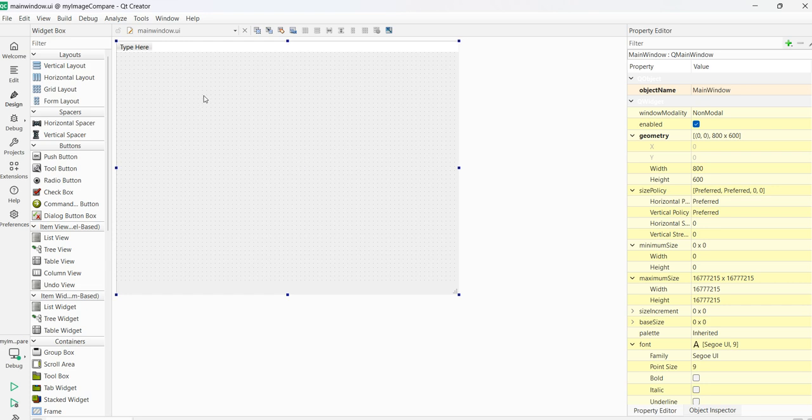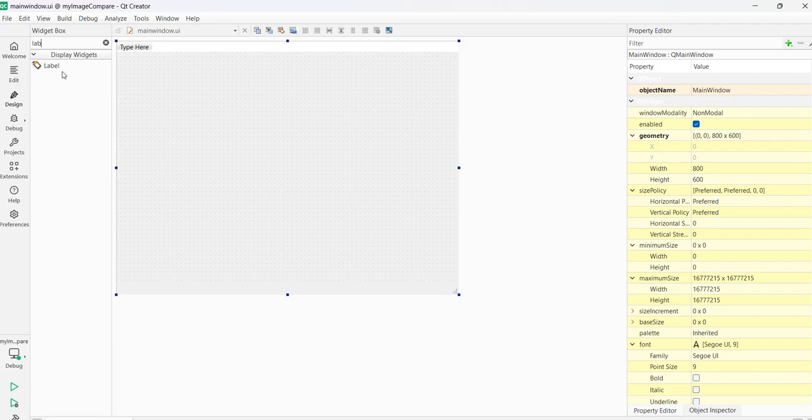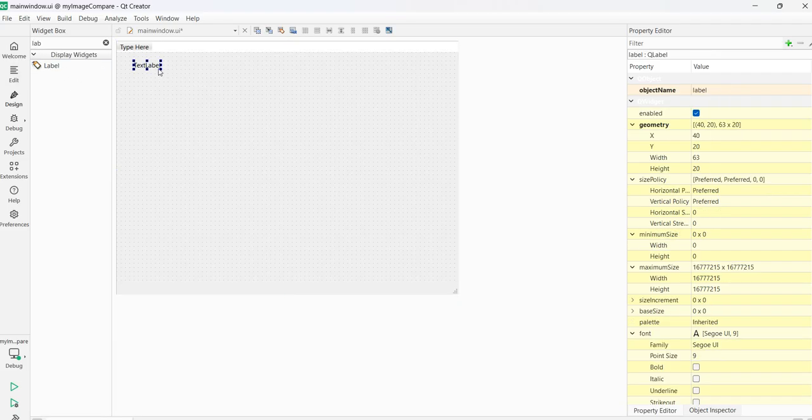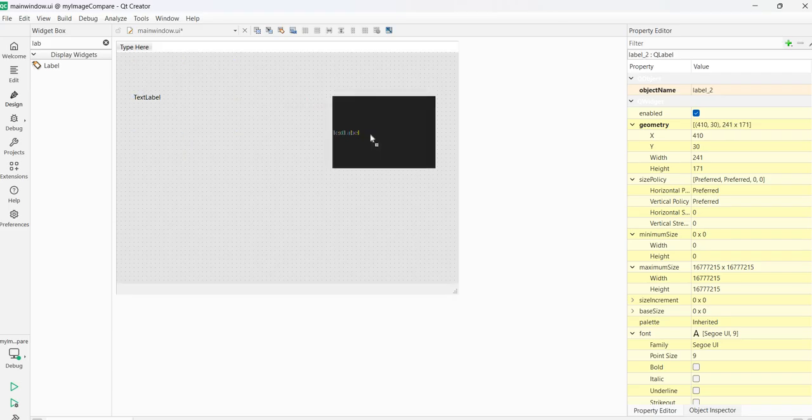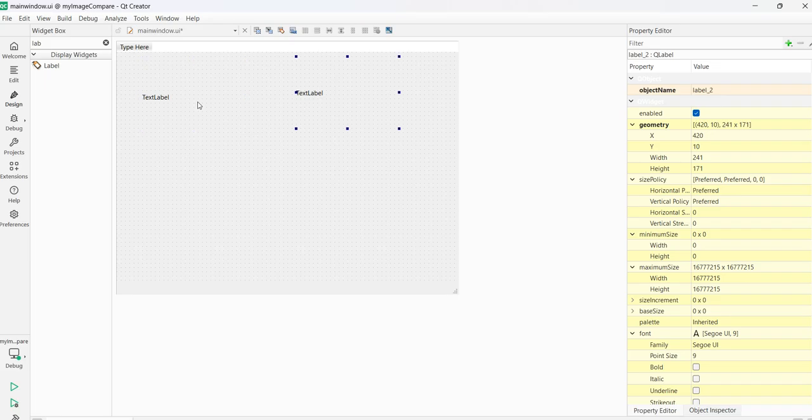So to show those images, we'll be using labels. Label is one of the options to show images. So I'll put those two labels here. I'll increase the size, and I can copy paste. I'll put one more here. And these two are labels. Okay, below these two labels we can have buttons. QPushButton. I can copy paste this button, put it here, and I'll name it